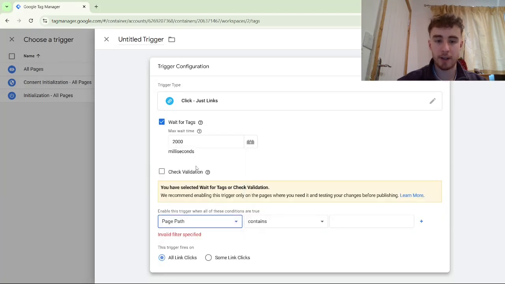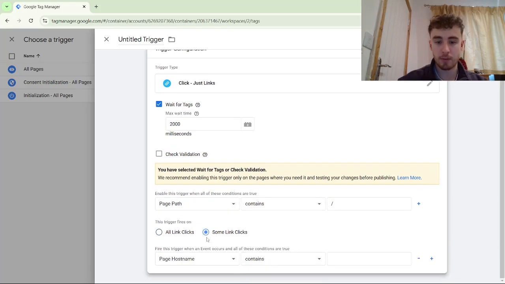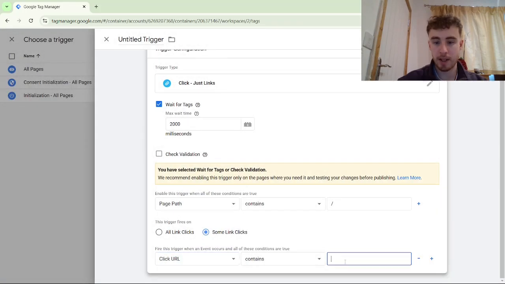And we want our page path to contain the slash icon. And then under some link clicks, we want to go to choose built-in variable, and we want to go with click URL contains tel: here. That way we're setting up tracking where it's only tracked as a secondary conversion when the link that the person clicks on the website contains tel:, because any link with a phone number on it will have this tel: attached to it. So that's how we know that we're just setting up a conversion action for when somebody clicks